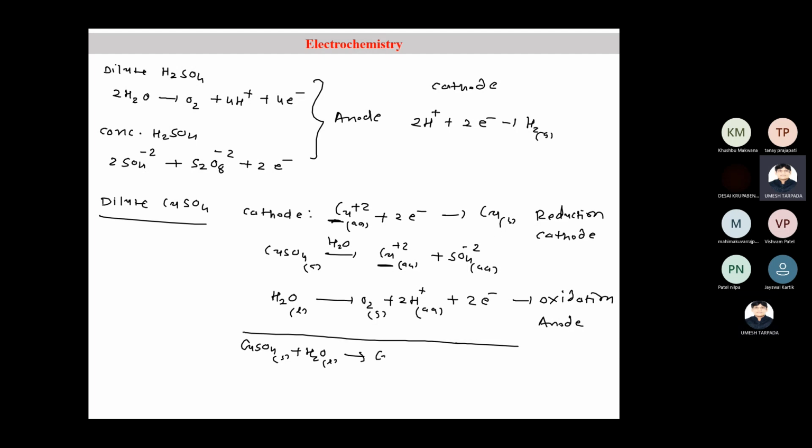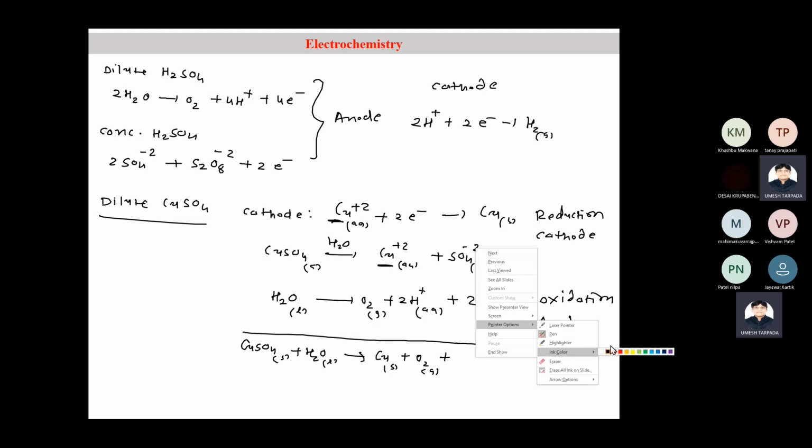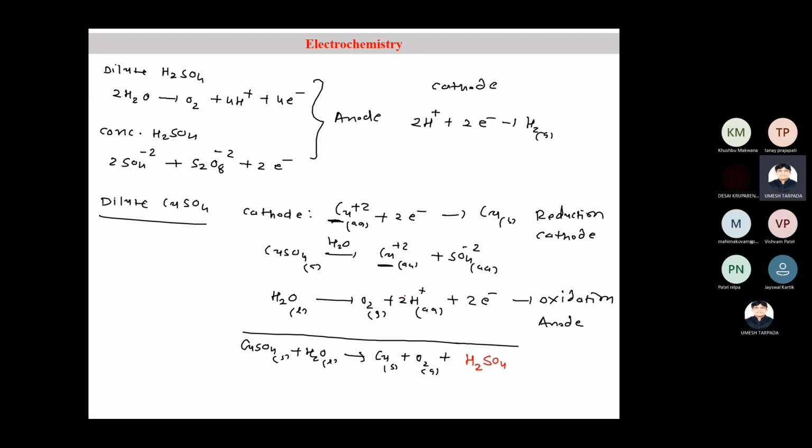Cu plus oxygen. Then next, 2H plus and SO4 minus 2 combine to give H2SO4. Here you are getting a very important product, H2SO4. These two combine to give H2SO4, and therefore pH of the solution